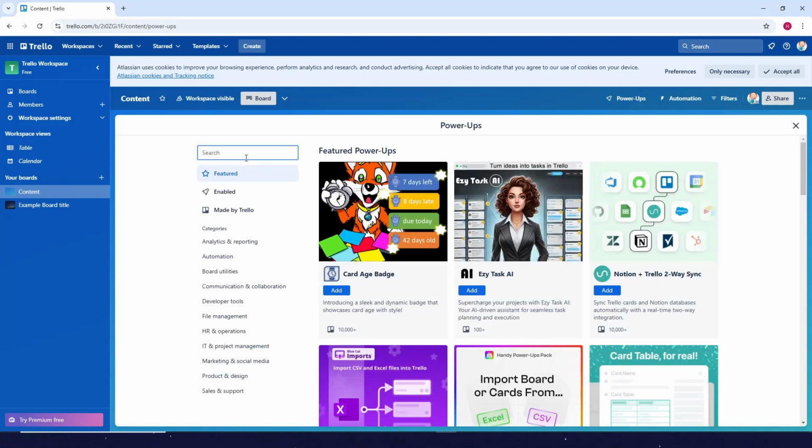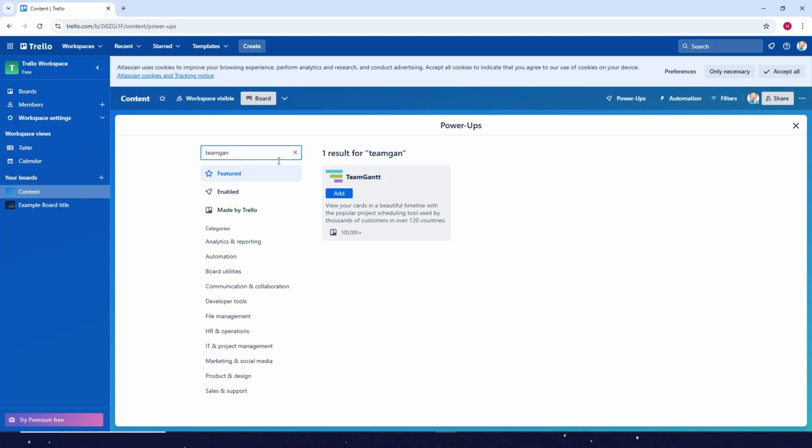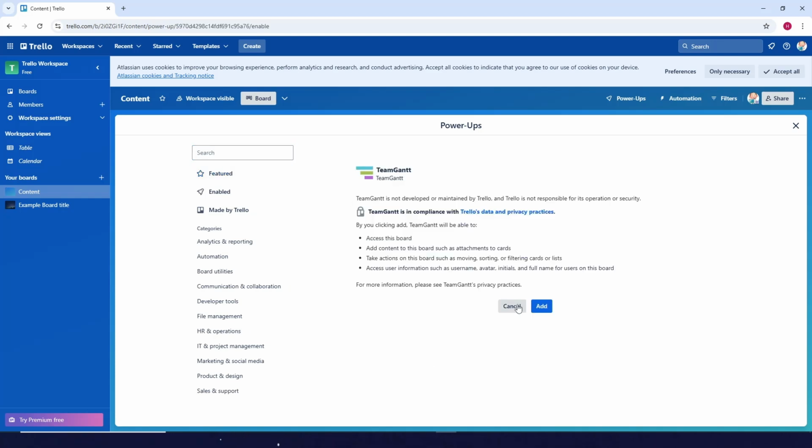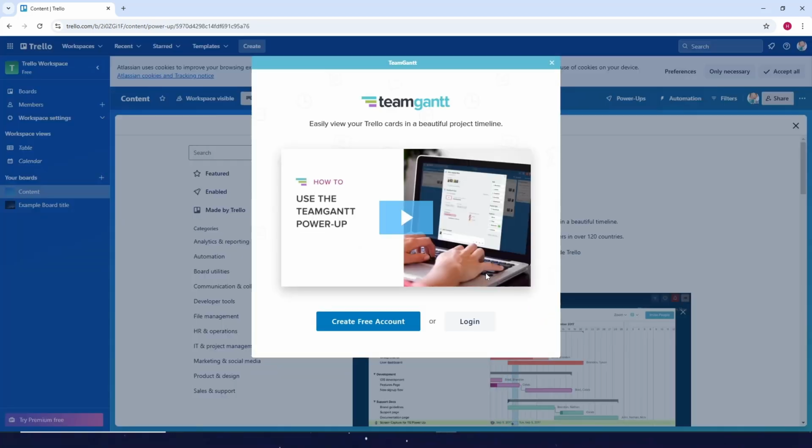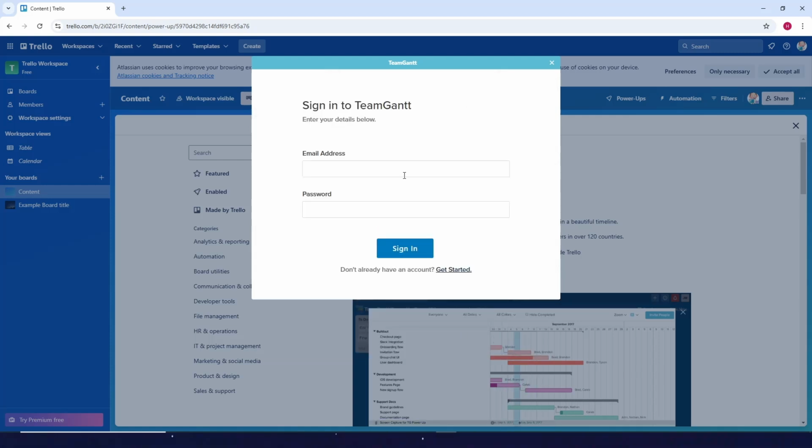Okay, next is search for Team Gantt here. Okay, now just click on add, then click on add again, then just log in if you already have an account. If you don't have one, you can create a free account here. So since I already have one, let's just log in, then okay, sign in,